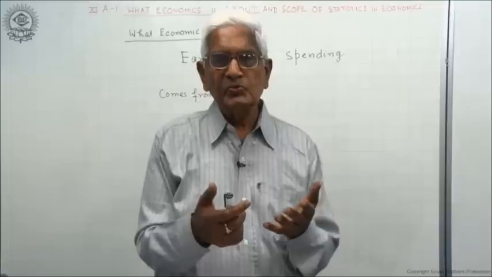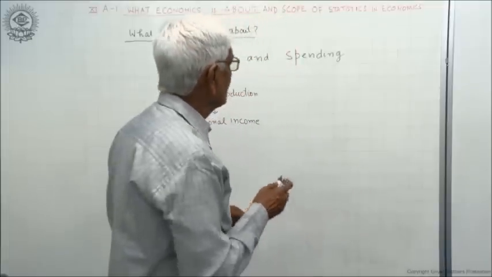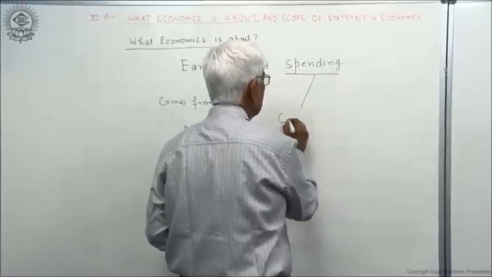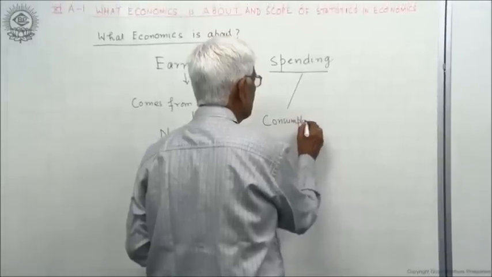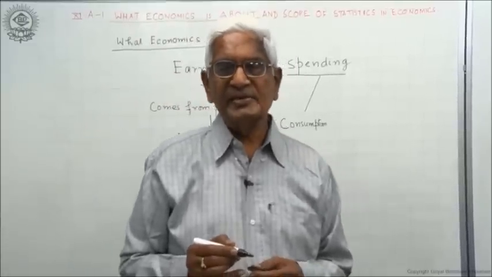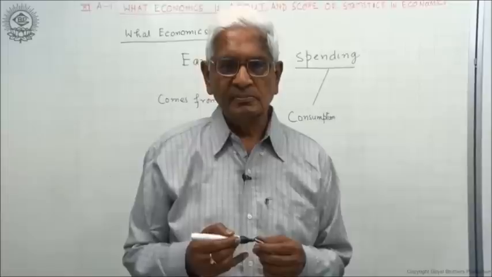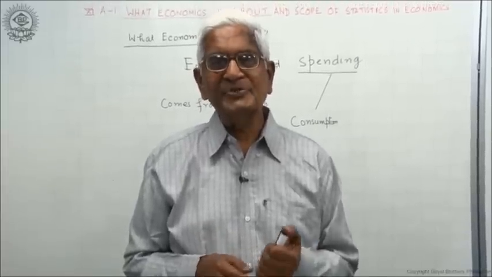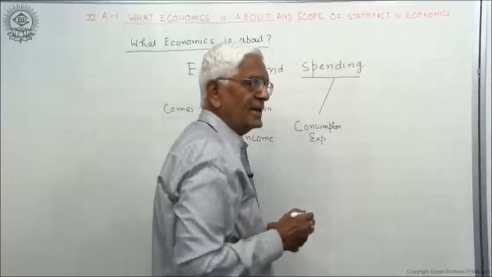अब व्हाट डू वी डू विद दिस इनकम व्हेन दे अर्न? They spend. Where do they spend? On consumption. Goods and services needed for household. घर में सामान लाना है, वो सारे खर्चे, वो कंजम्पशन एक्सपेंडिचर कहलाते हैं।